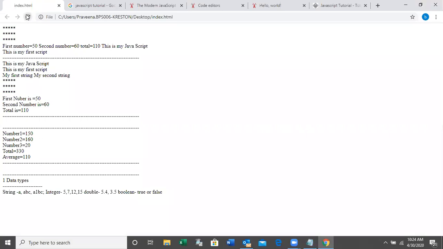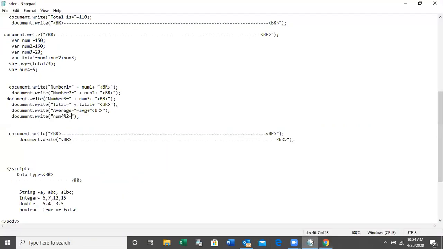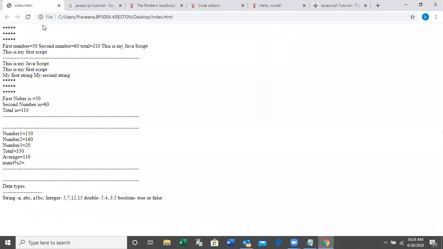It will display as it is. Num4 modulus 2 equal to what? What is the output? Num4 modulus 2. This is a calculation. Num4 modulus 2 is equal to 1.